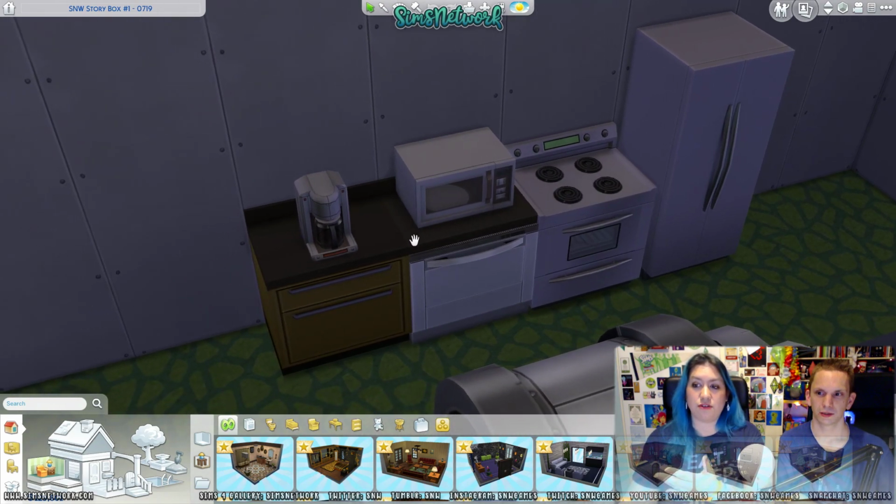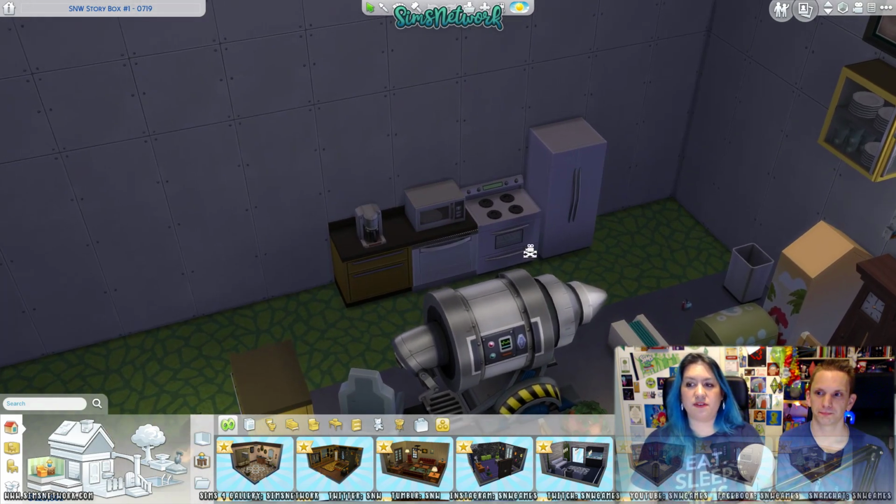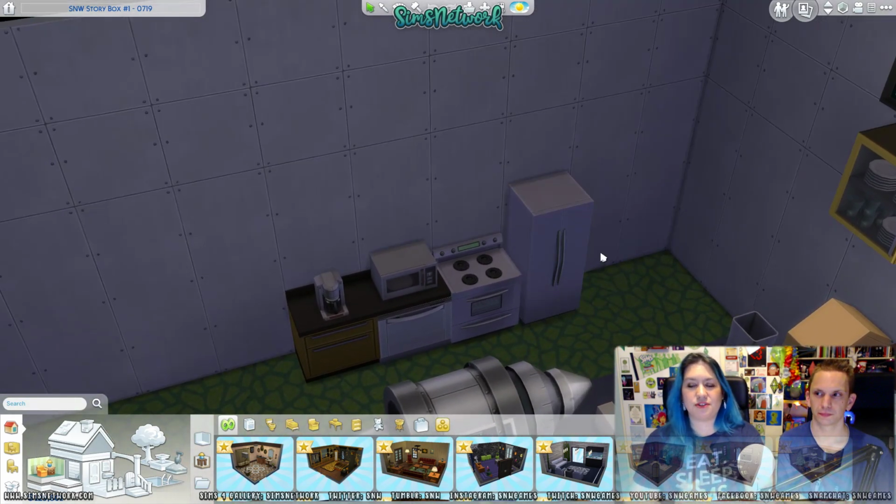And the counters are obviously optional, but I needed them to place these smaller appliances. And also the dishwasher. You need to provide them with a coffee machine and a microwave. But it doesn't matter which one or in which color. And since we wanted to give people some items to...